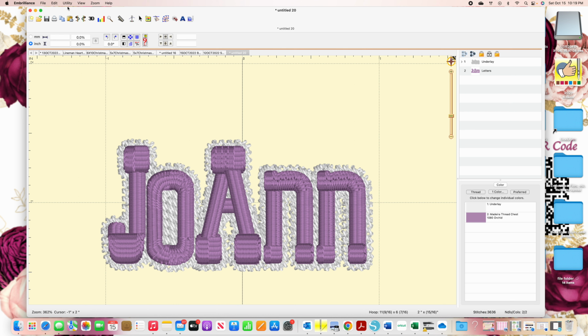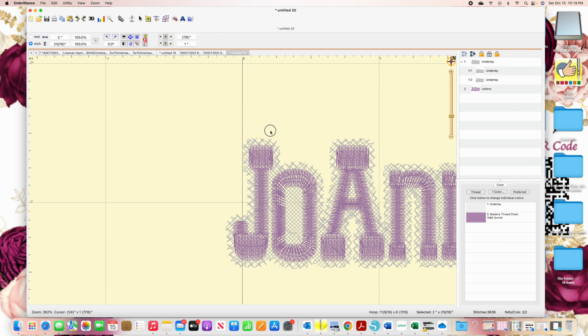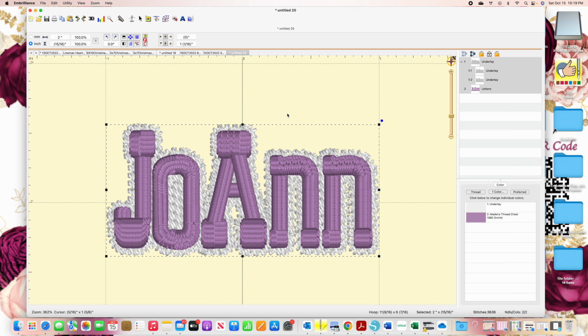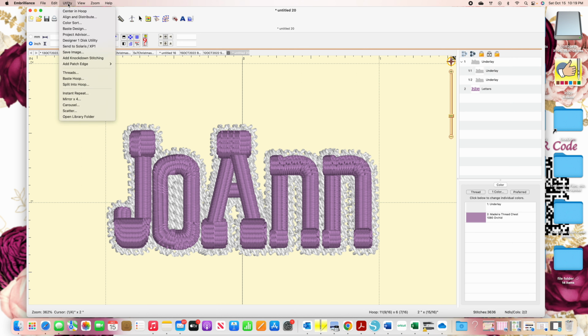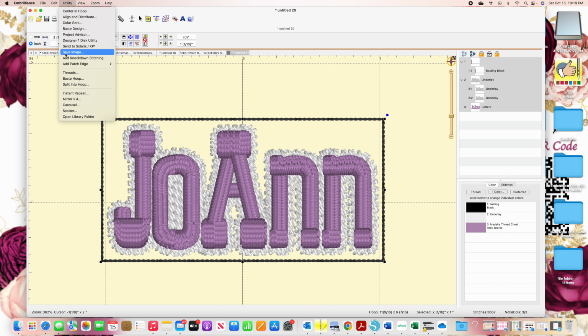So when you're ready to stitch that, I would select all and hit group, and that way I'd have it all together. And if I wanted to, I could go up here to Utility, and I could tell it to baste the design, which puts that basting stitch around my design. And I would select all and hit group,